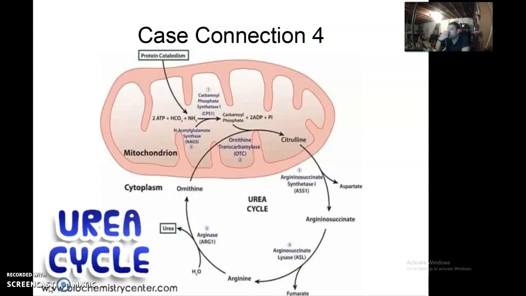It is approximately 22:35, and we will be doing our final case connection 4, dealing mostly with the urea cycle. You can see a nice pretty picture of our urea cycle, starting in the mitochondria and moving in a nice circle. We'll detail a little bit of this later, but for now, we're going to move on